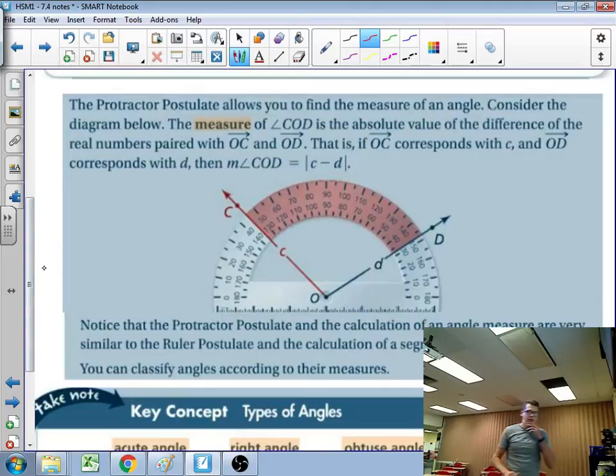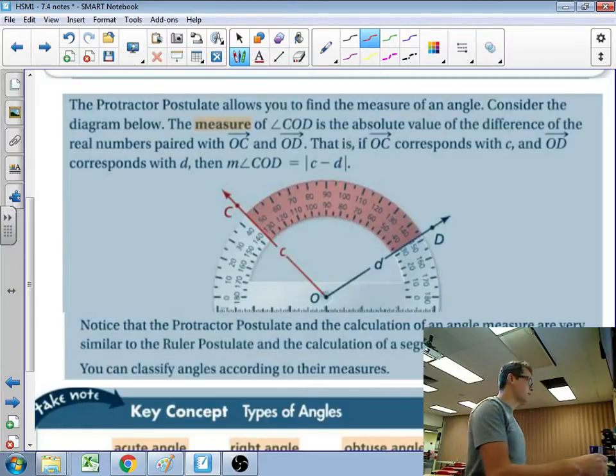Now what if when I put an angle on a protractor, one of them doesn't go through the 0? Well, all you have to do is pick what set of numbers you use, and you can actually determine that on your own. I like to use the outside set of numbers just because I think they're easier to look at. So we could determine the size of the angle by figuring out the difference between its two locations. And because we know that angle sizes are always positive, we again use an absolute value